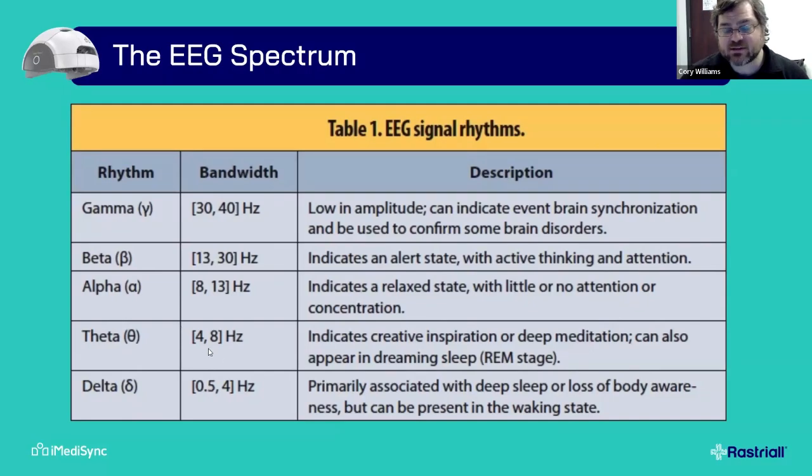Theta is a little bit faster, in the 4 to 8 hertz range. Theta is often used when we are daydreaming or in deep thought. We've got alpha, which is 8 to 13. Some people will say 8 to 12. It's a little bit more relaxed. We're not concentrating hard. It's more of a passive attention. Beta states go from 13 to 30. It's a little bit of a broader band, and it's more alert, more active thinking, more concentration.